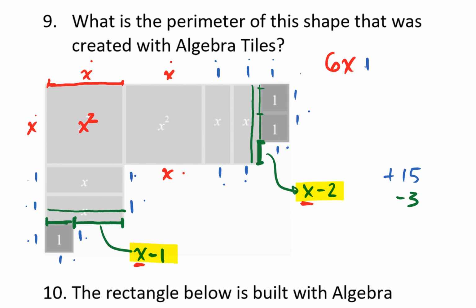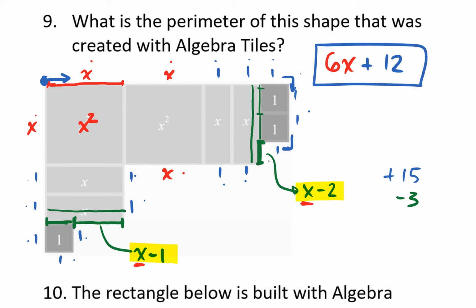So the perimeter of this, if I was to start right here as a tiny little Mr. Roberts, and I was to walk all the way around this entire polygon, and when I got down here, I'd turn the corner, go here, and walked the entire direction all the way around, we'll turn the corner there. By the time I was done, the length of the entire shape that I would have walked would have been exactly 6 times x plus